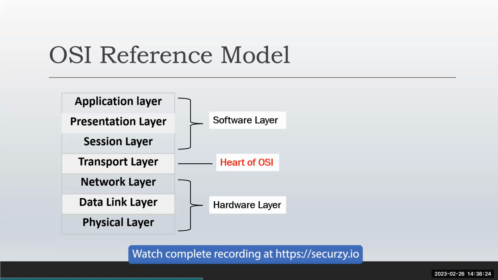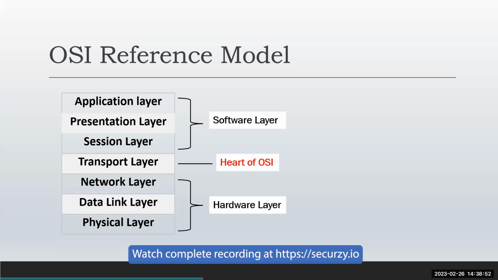Can you guys tell me which hardware works on the network layer? Router, absolutely correct. And IP, no. The router is the main device that works on the network layer. And yes, you can say switches as well, but those are different switches. The main functionality of a switch is on the data link layer. So a switch works on the data link layer.